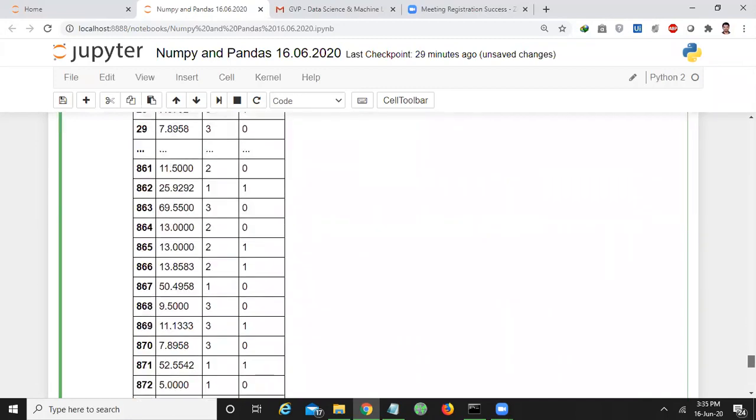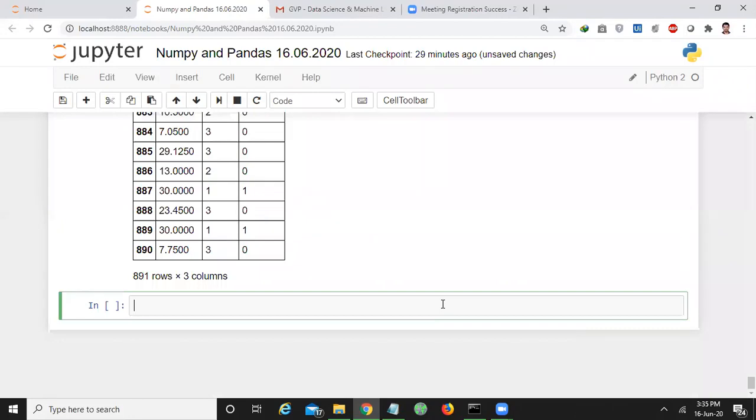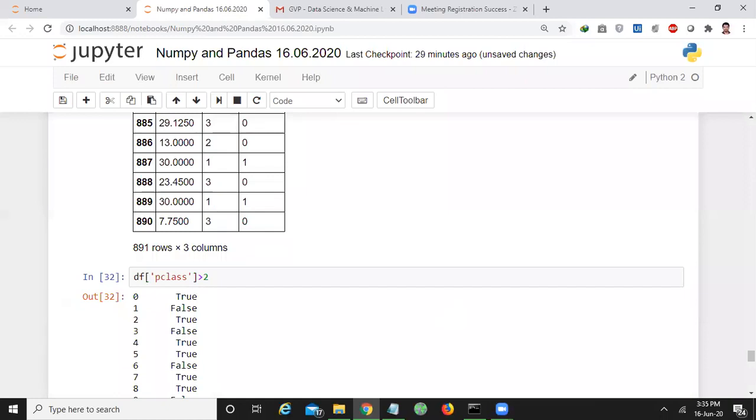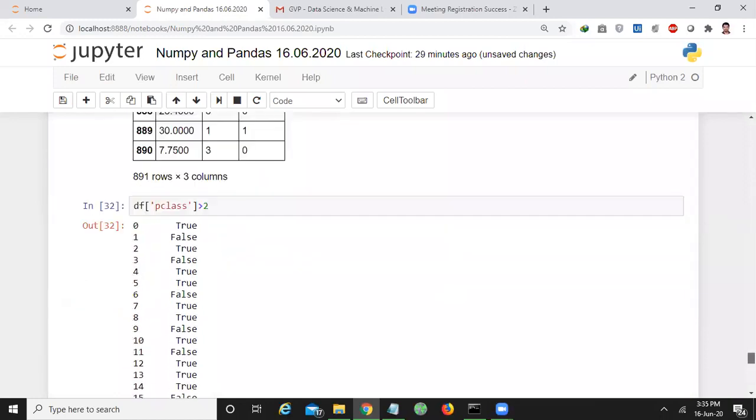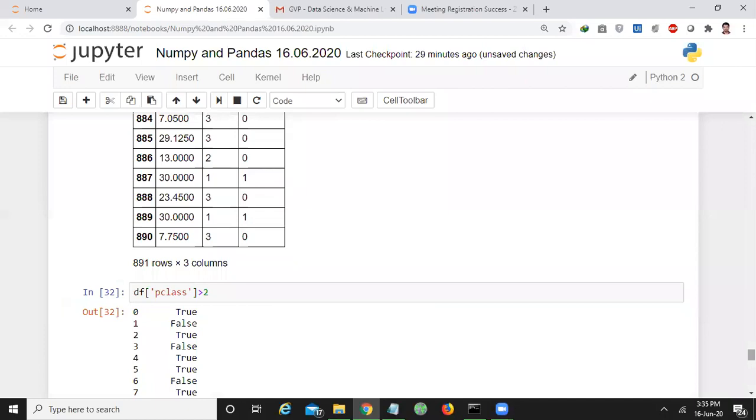Am I clear? Yes. So for example, if you want to apply some conditions here, I want to take the passenger class values and check whether they are greater than 2 or not. So it gives only true, false, true, false. Why is it? Let me check first.